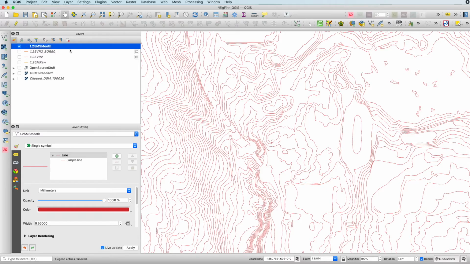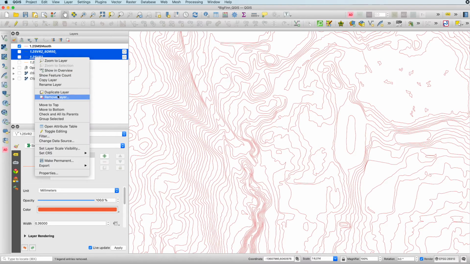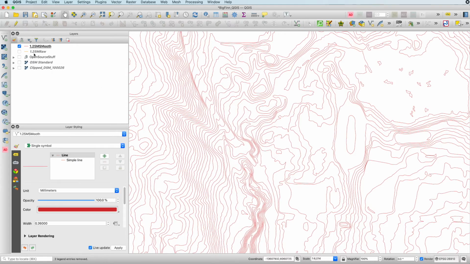Now, we've got the smooth data, and what we want to do is create the 2.5 meter regular interval contours, the index contours, the 5 meter regular contour intervals, and the 5 meter index contours. This is where it requires a little bit of understanding and close attention to what I'm doing. So this layer and this layer, the intermediate layers, we can get rid of. And we can actually get rid of the raw layer too if we want to, but we'll leave it there